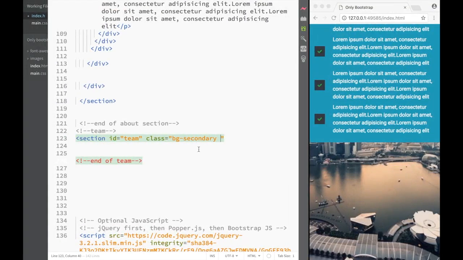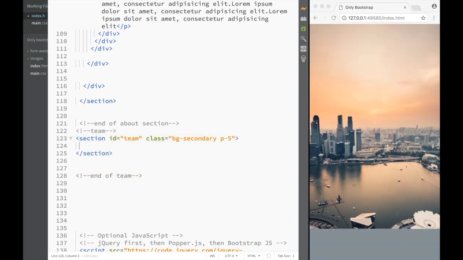This gray color. And over here, what we would want to do is a padding, and padding all around is going to be a 5, right? So now you can see the whole thing is going to be basically padding all around the borders and everything. Right, so then we're going to say div class container,